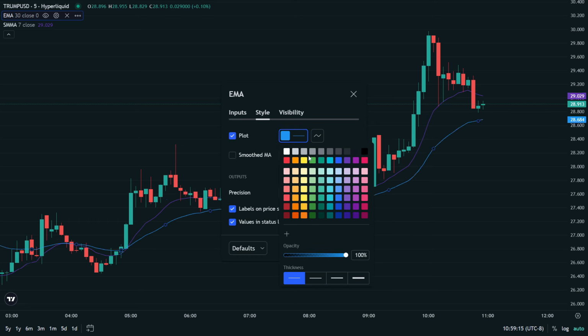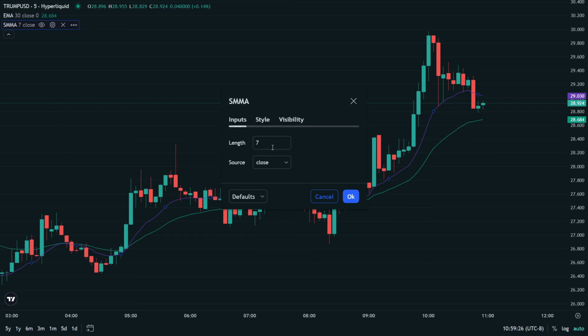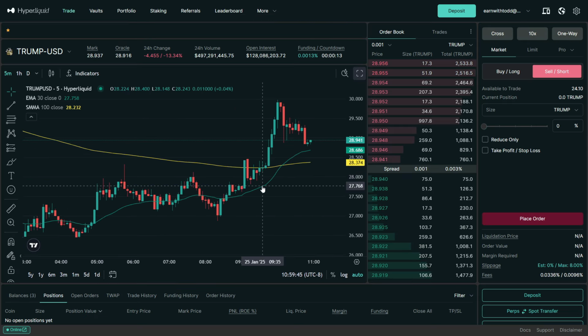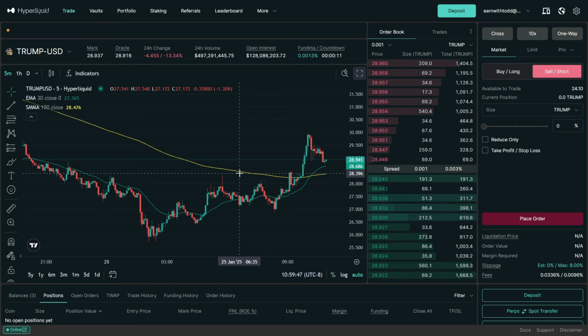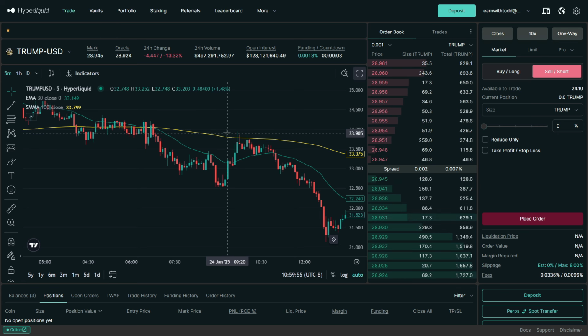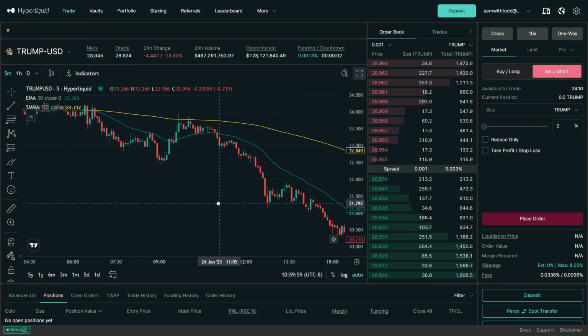And the style, let's go ahead and go with a teal color for Hyper. And then for my SMA, I'm going to put this on a length of 100. Now for the color, I'm simply going to do a yellow line. And now my chart is set up for how I trade, which is called momentum trading, or trading with the trend. And basically, when the teal line is under the yellow line, you want to be looking for sell opportunities,